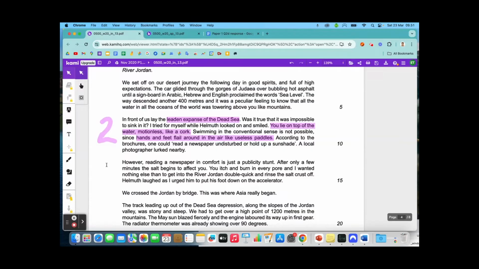"In front of us lay the leaden expanse of the Dead Sea. Was it true that it was impossible to sink in it? I tried for myself while Helmut looked on and smiled. You lie on top of the water motionless like a cork. Swimming in the conventional sense is not possible, since hands and feet flail around in the air like useless paddles. According to the brochures, one could read a newspaper undisturbed or hold up a sunshade. A local photographer lurked nearby." So you can see I've highlighted 3 phrases there, and they're going to be the ones that I unpack in